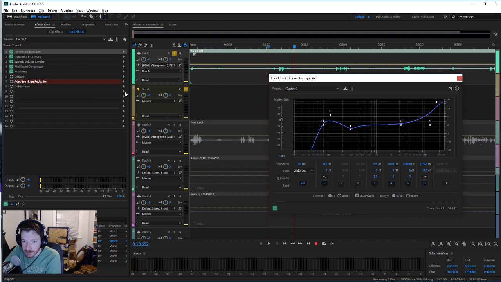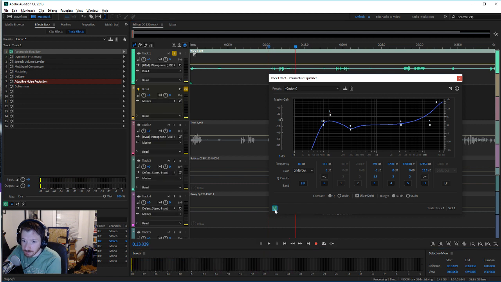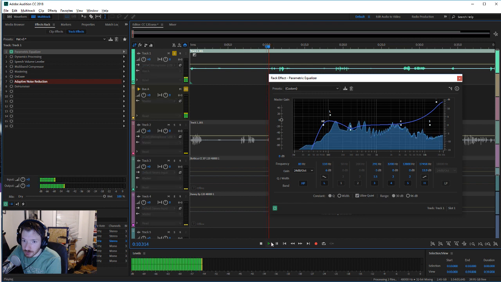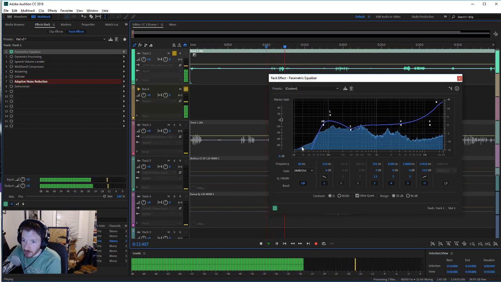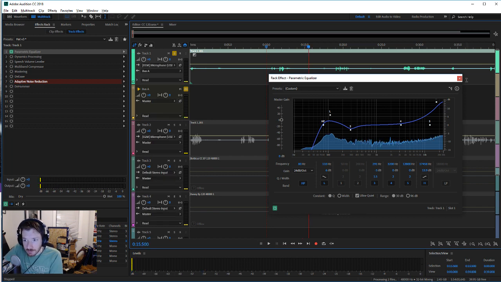There's a bunch of different effects. First, there's a parametric equalizer. We'll do one effect at a time. So, the effect is off right now. When we turn it on, you can see what we're doing is really cutting out a lot of the low end frequencies and amplifying the top end. Okay. After that,